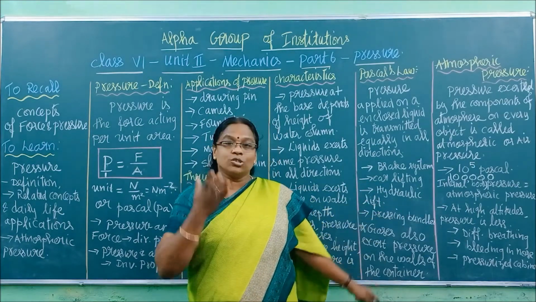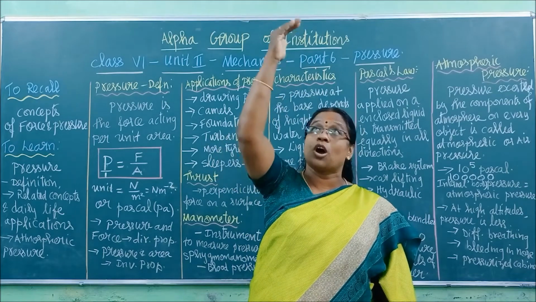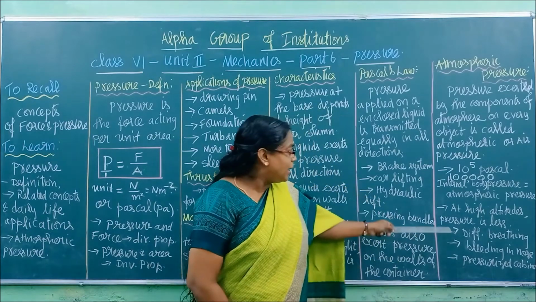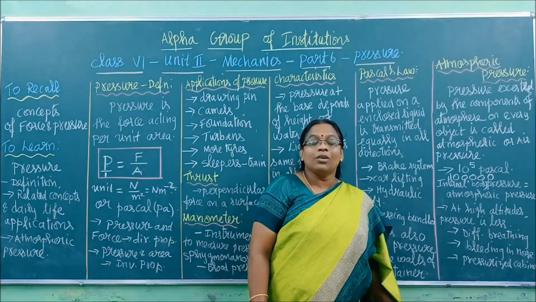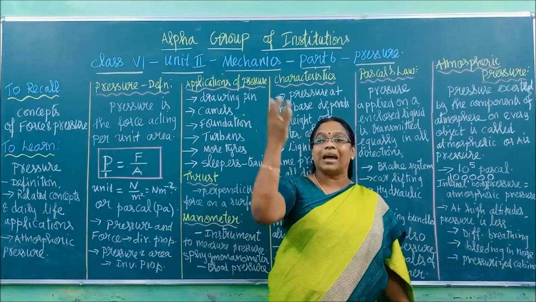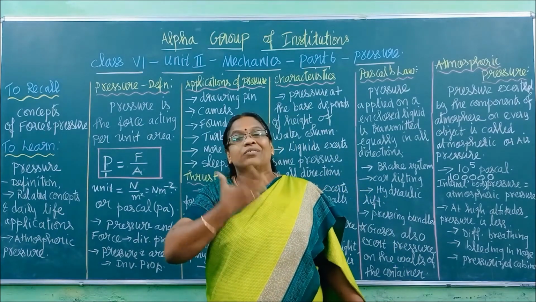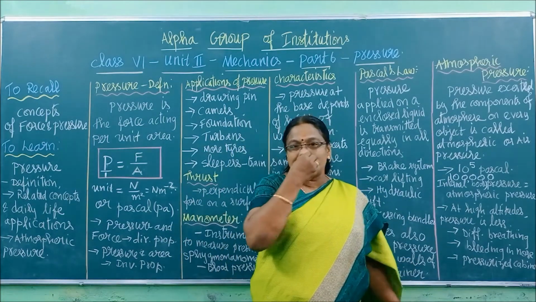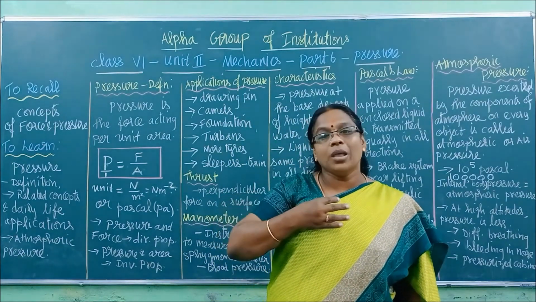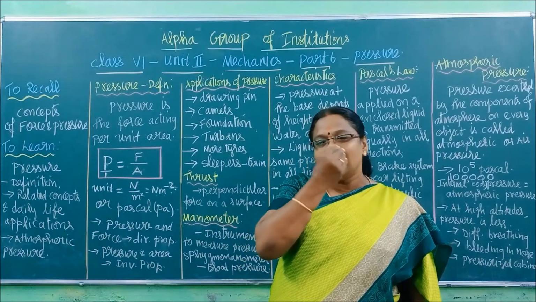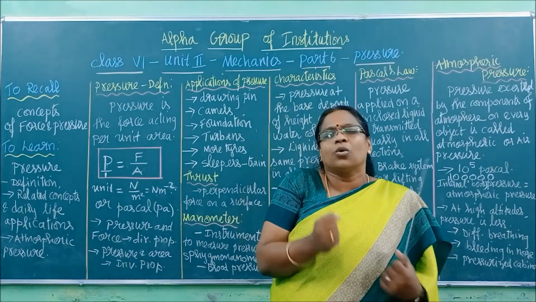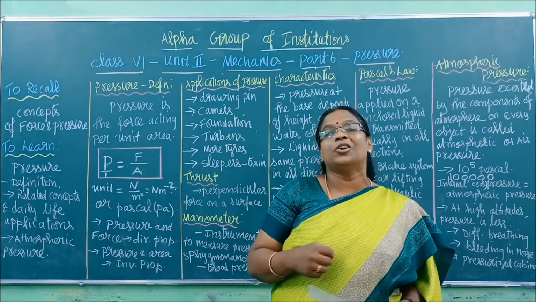At higher altitudes, when we go higher and higher, altitudes meaning hill stations, or when we are flying in an aeroplane, what happens? Pressure will be reduced. So when we go to higher altitudes, as pressure decreases, we feel difficulty in breathing, and the nose and all may bleed. Because the outer pressure will be less, but our body pressure remains the same. So what will happen? The thin blood vessels in the nose and all will get ruptured, and in the higher cool areas the nose will start to bleed.